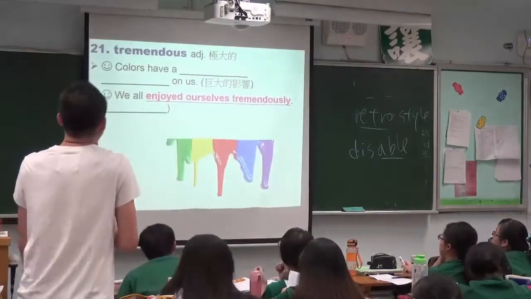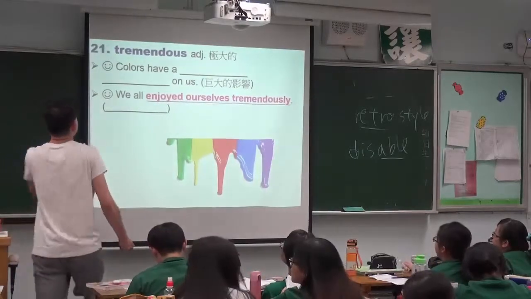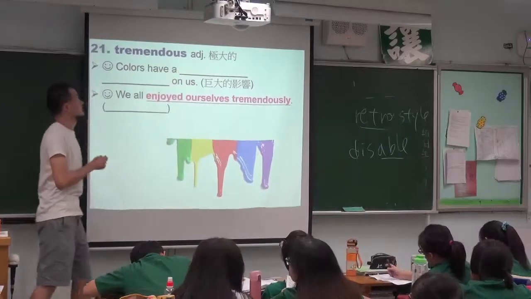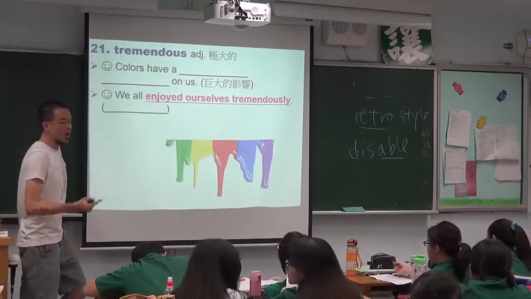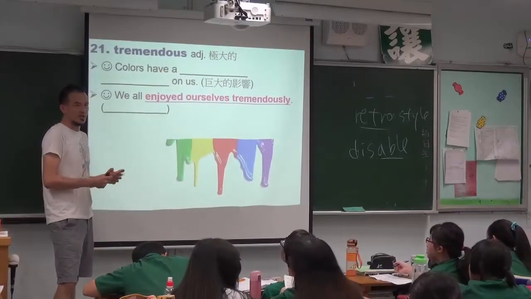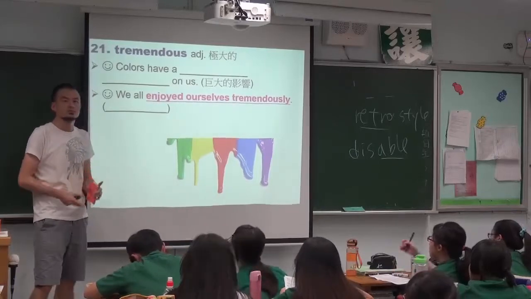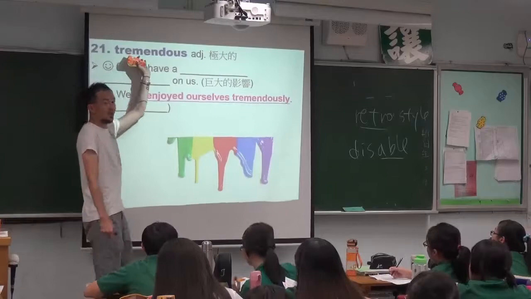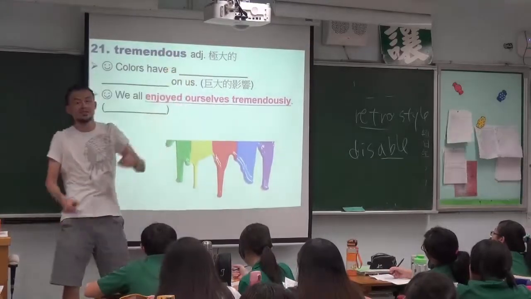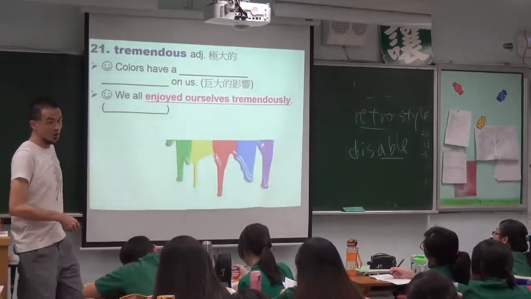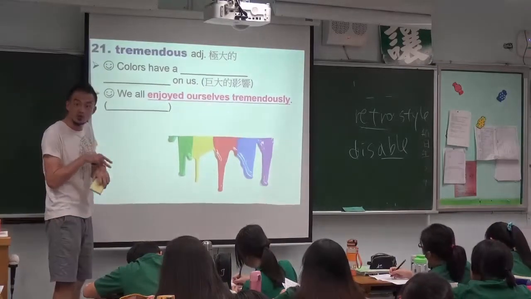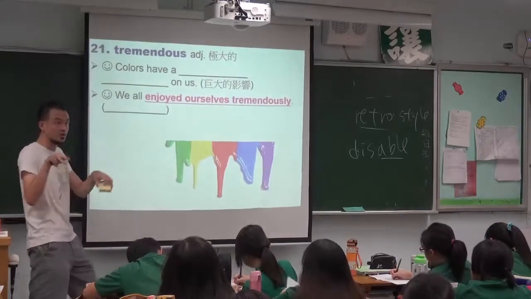See, number 21. This word on the second syllable. So we say tremendous. So maybe someone's thinking about tremendous. A word we learn in Unit 6 that begins with the letter E. Yeah, you're right, enormous. So here, tremendous and enormous, they are synonyms, similar words. Enormous, huge, big, enormous, tremendous.